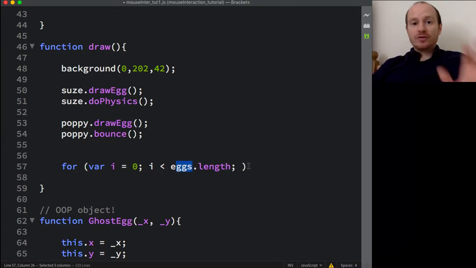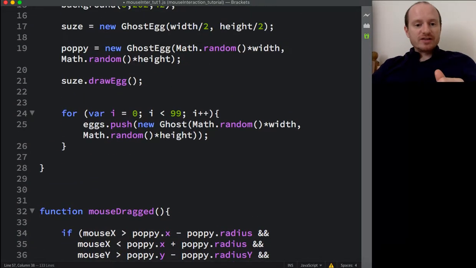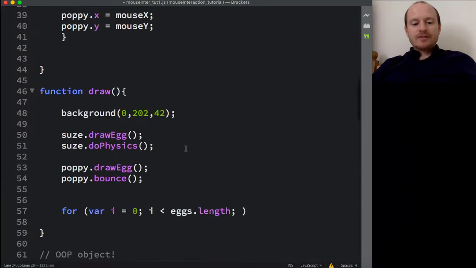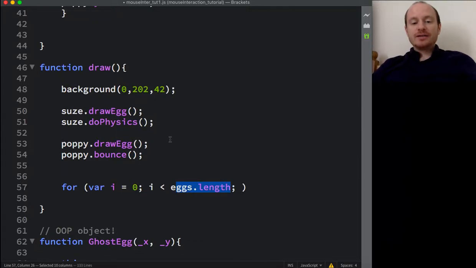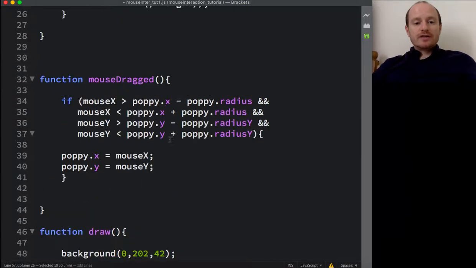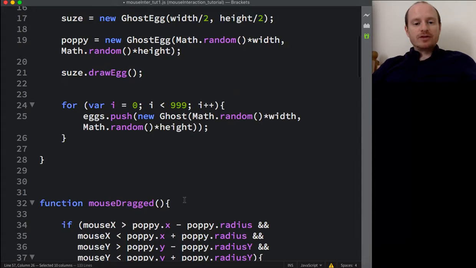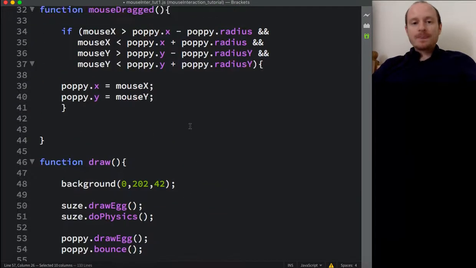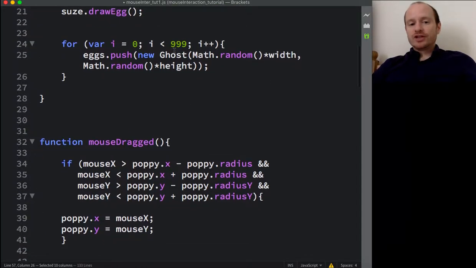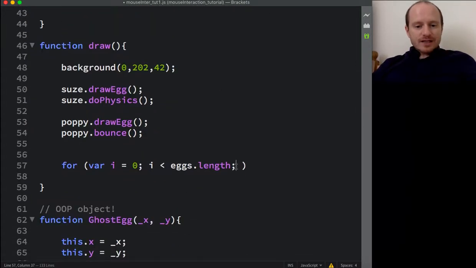Dot length will give you the number of objects you've got in that array, and we've just put 99 in there. So if we change this number now, that length will change dynamically. So that's how to avoid bugs. If I had put 999 down here, I might have forgotten when I changed this number, and so on. So eggs.length,